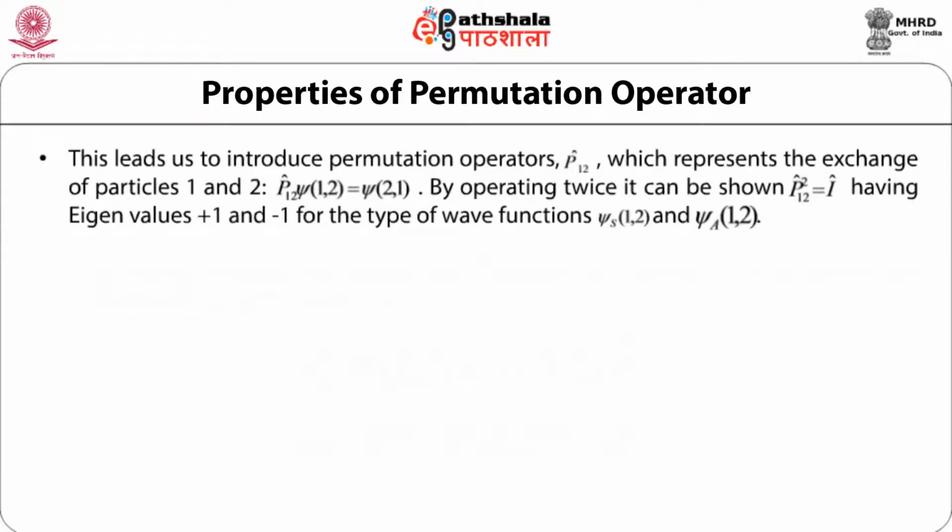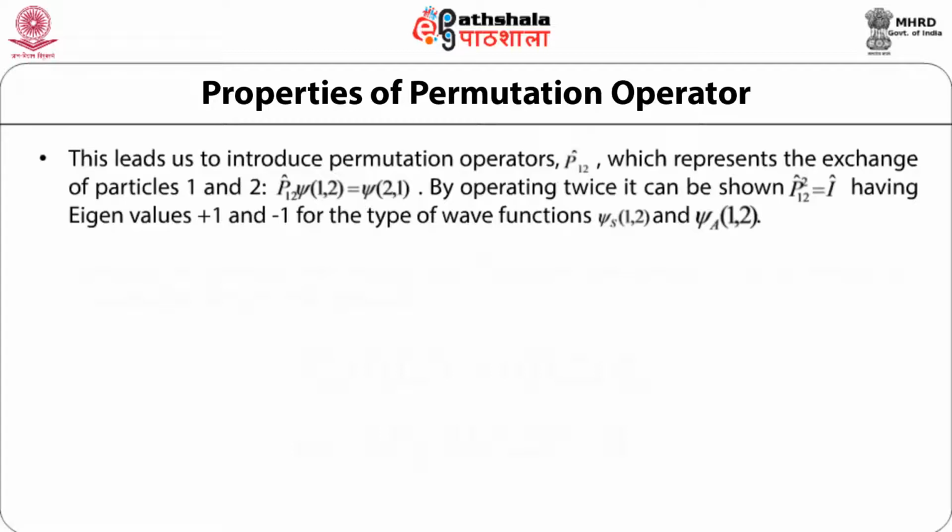This property of the two linear combinations, one being symmetric and the other antisymmetric under the permutation of the two particles 1 and 2, leads us to introduce the permutation operator P12, which represents the exchange of particles 1